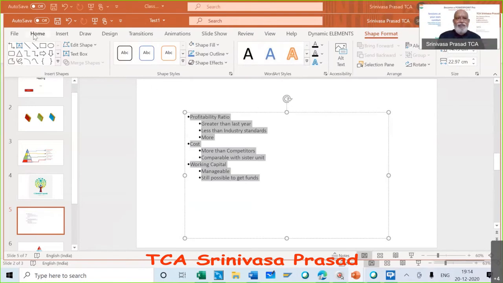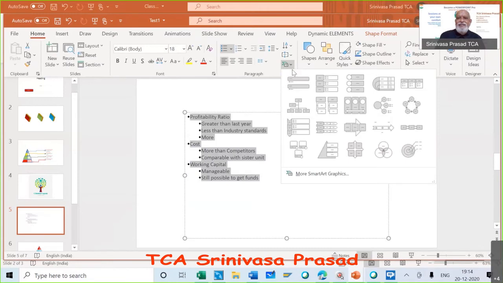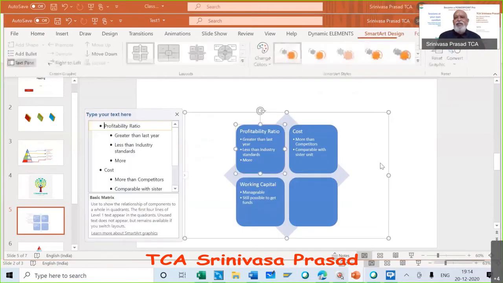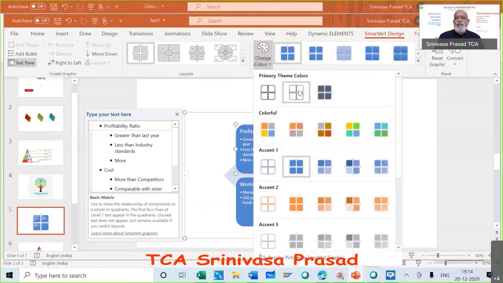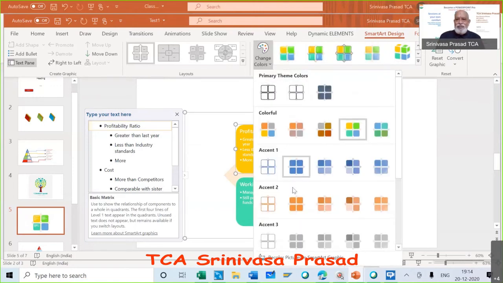That is what, if we are able to do that, nothing like that. This is what I thought. It can be a SWOT analysis. If you are going to talk about SWOT analysis, normally we do strength, weakness, this, that. Make it like this. Go to your color, change colors. And then take this. So you want this, you take this. Or you want this, you take this. Whatever you need, you decide on the color combination and then it does everything.